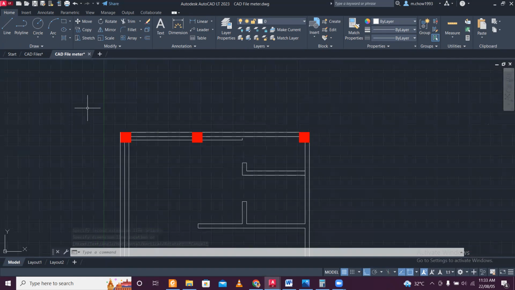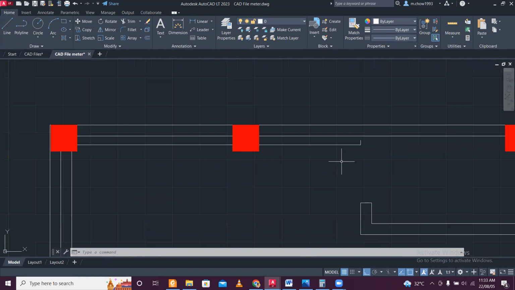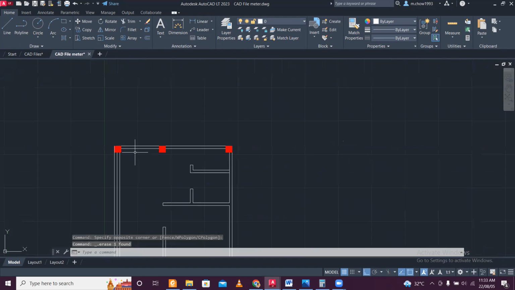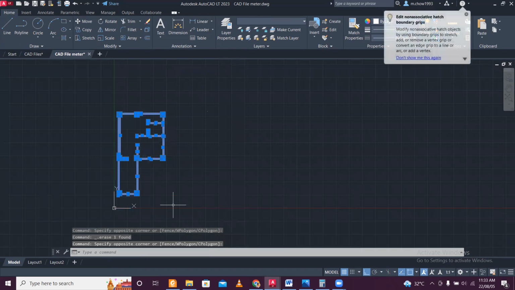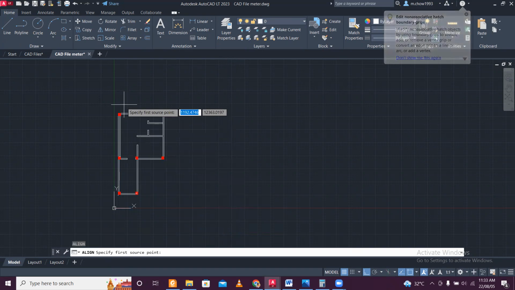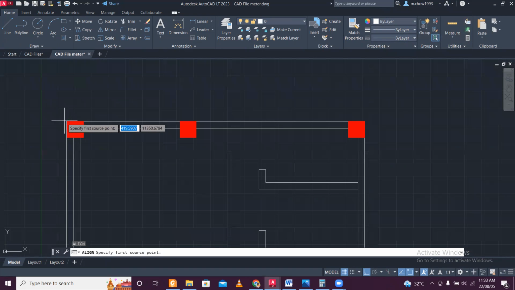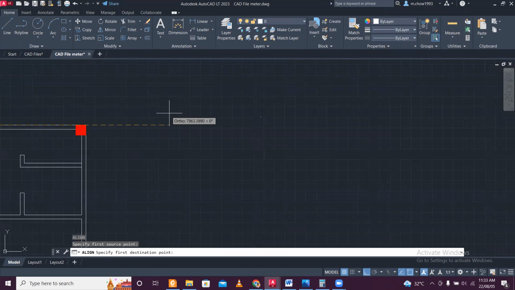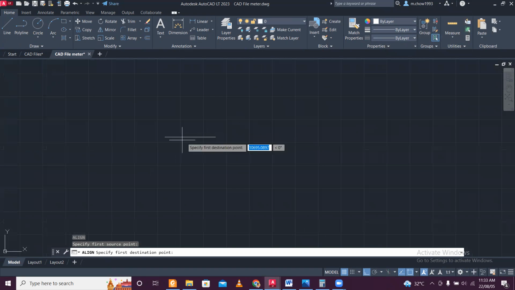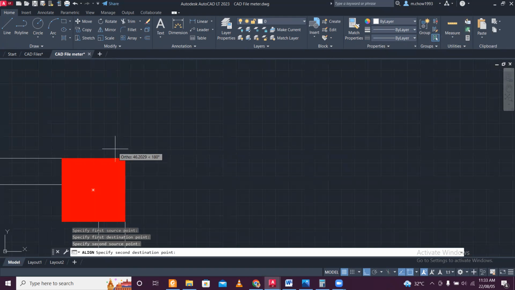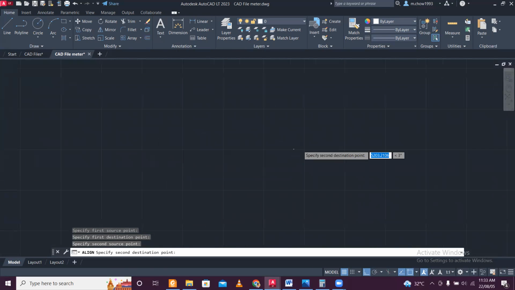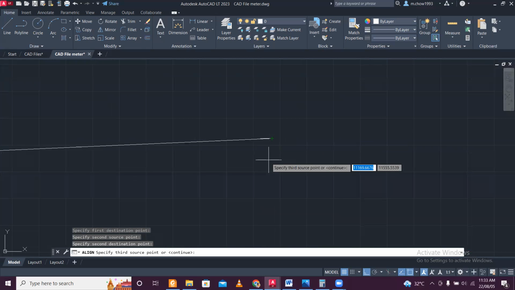So what you'll do, this is an extra line, delete it. Okay, good. So you'll just select this thing and do here align. Align command we use AL, enter. So specify the first point. It is telling you. So first point, we'll just take this and zoom and click on this first point, and specify the second point. Second point source, second point destination, and then space or enter you can press, and then